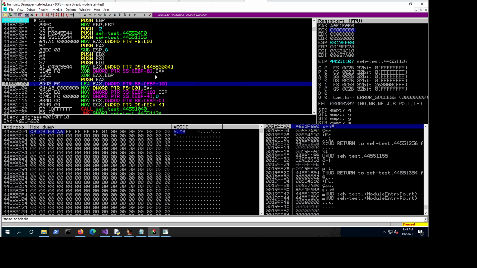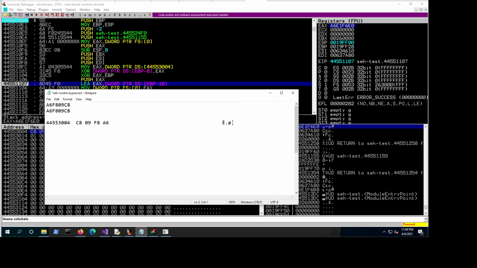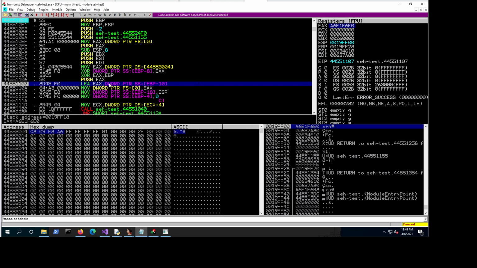So this value here is now pushed back to the stack. Let's just copy it over here. I just want to keep this. Again, I'm not checking, by the way, how the cookie is generated. I don't really care about that for now, but just to understand this. And here we can see the value in this is now actually pointing to our